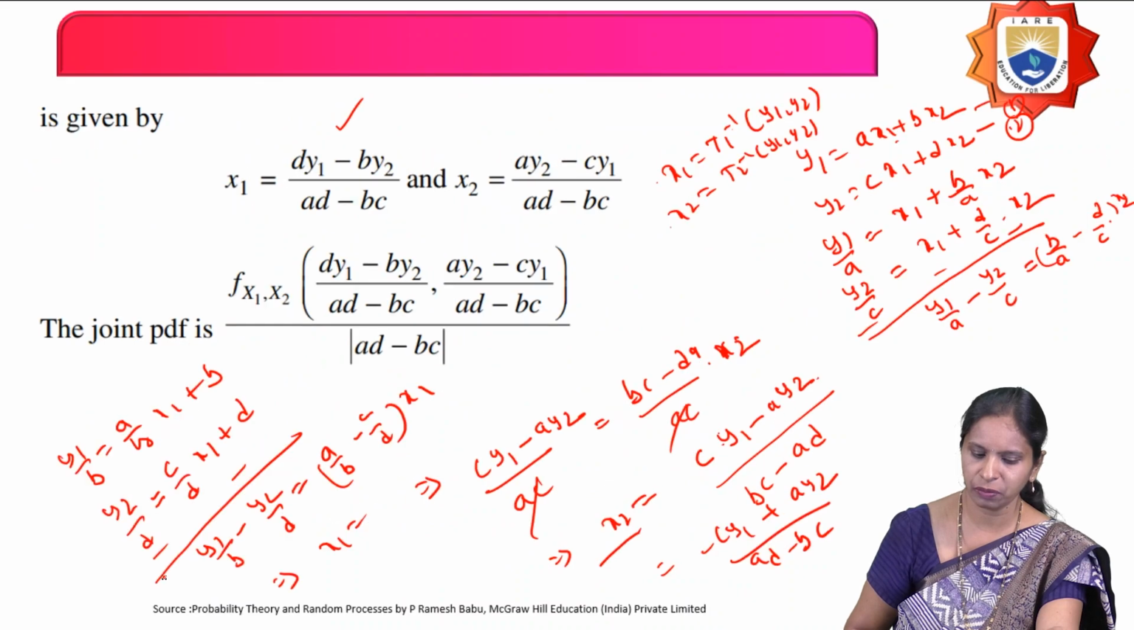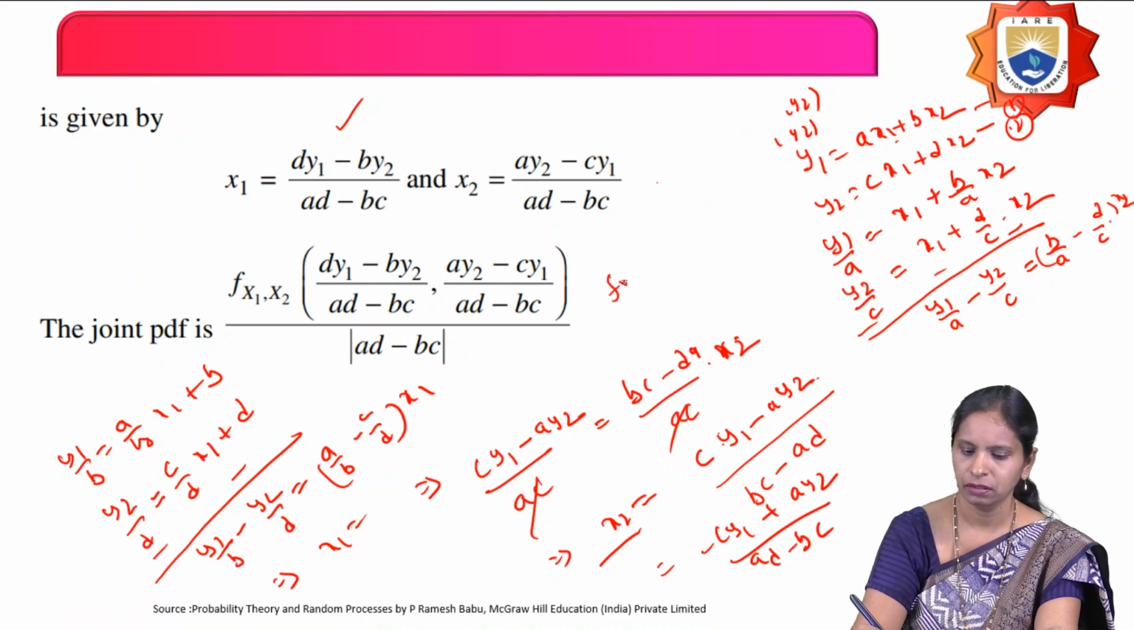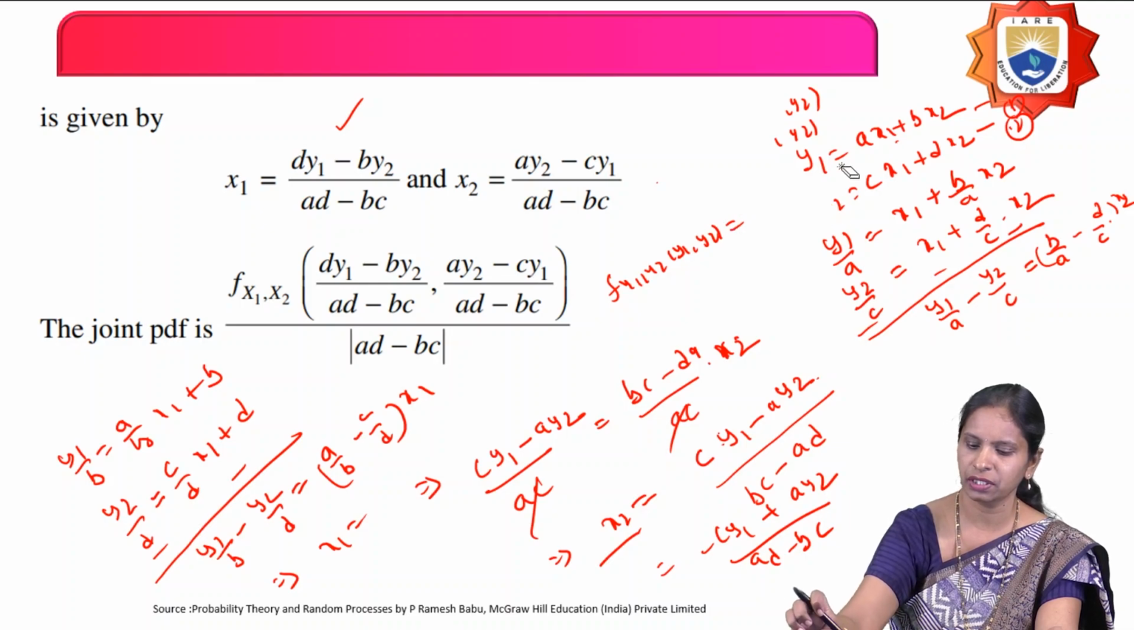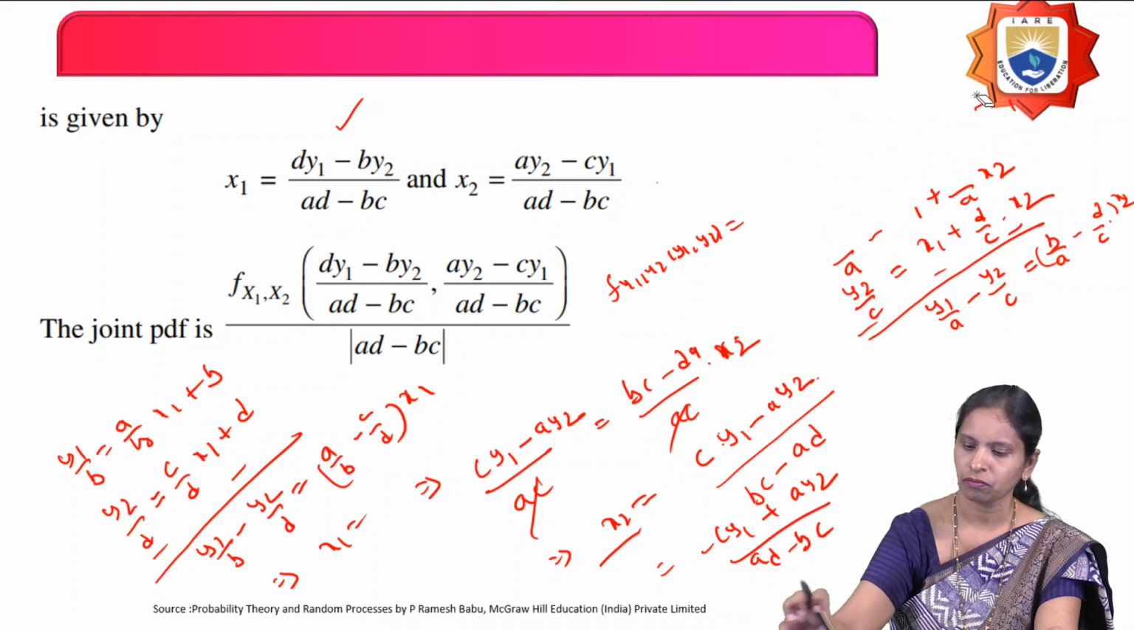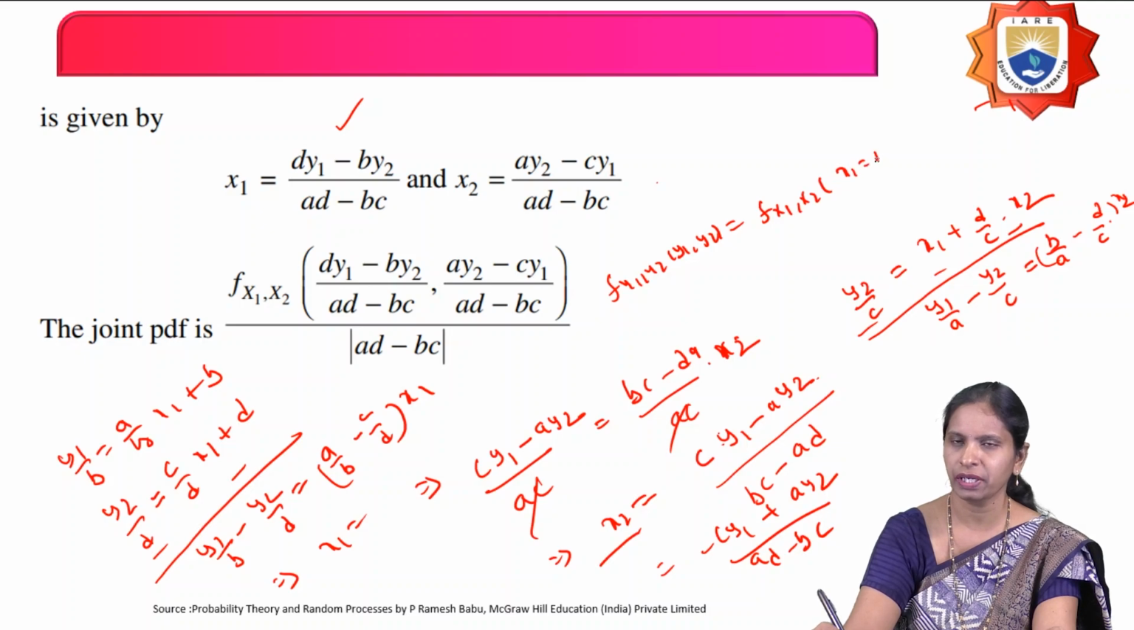Now for two random variables, what is the equation you are going to obtain? F y1 comma y2 of y1 comma y2 is equal to what? It's nothing but f x1 comma x2 of x1 equals t1 inverse and x2 equals t2 inverse